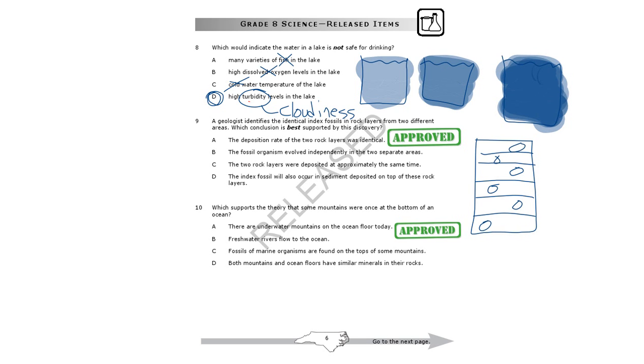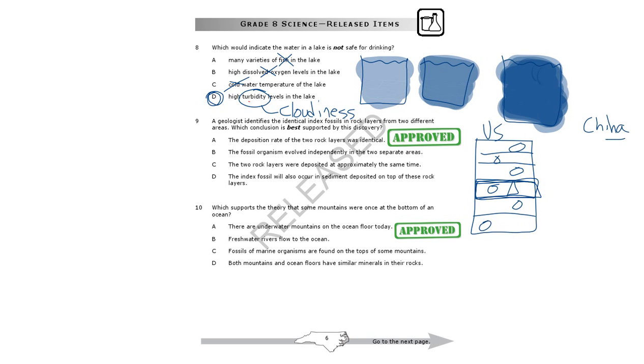It lived, I believe, for a very long time. But there might be other fossils that only lived during this time period. Now, if we go somewhere else, like maybe this is the US, and then we go over, I don't know, to China,